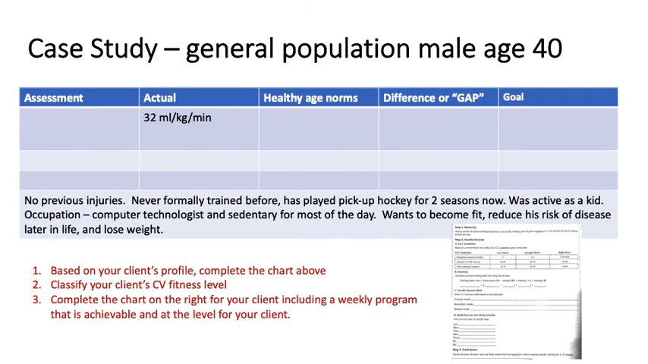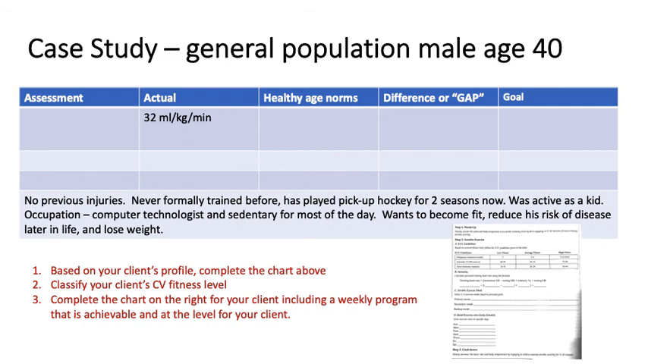So then based on the chart above, you would classify your client's cardiovascular fitness level. And then I would want you to complete the chart on the right for your client, including a weekly program that is achievable and at the level for your client. So this is a skill I really want you to know well by the end of the semester. If we were in class, I would get you to spend 10 to 15 minutes on this particular case study